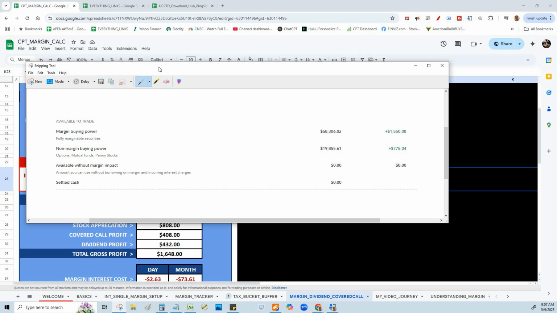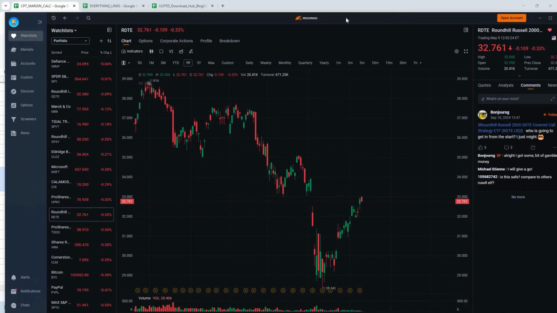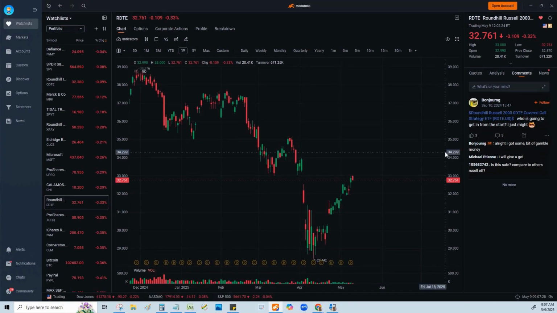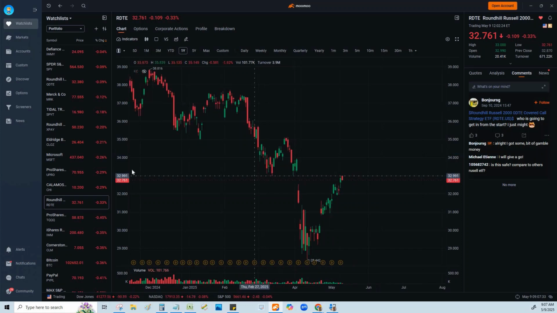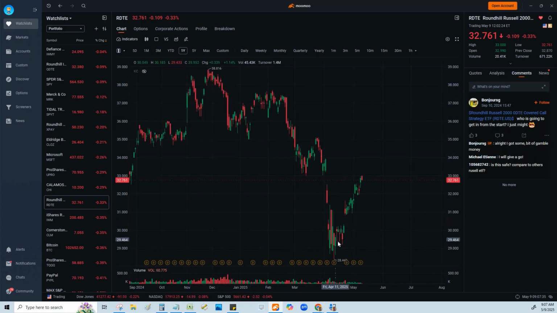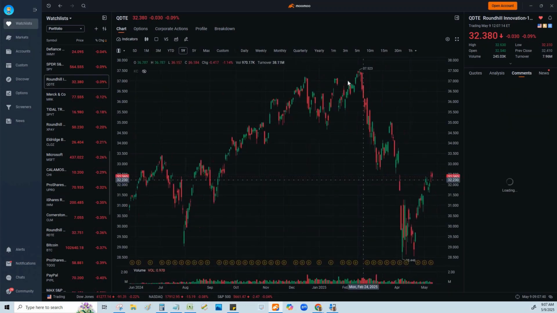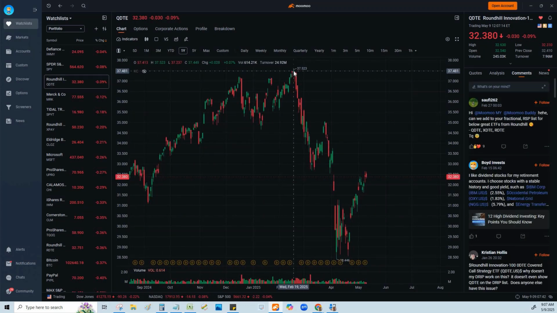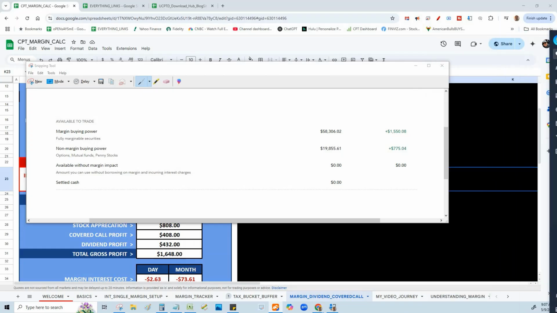Well, you know what? When the markets fell, and boy, did they fall. This is RDTE, and this is the S&P 500 weekly dividend payer. Look at this thing falling off considerably. And if I brought up XDTE, you would see the same thing. In fact, there it is. I got involved at the tippy top to do this experiment. Well, sure enough, when it falls, literally from the tippy top, it falls all the way down to about $30 a share. Now, I'm not saying this to be proud because I'm down on that position.